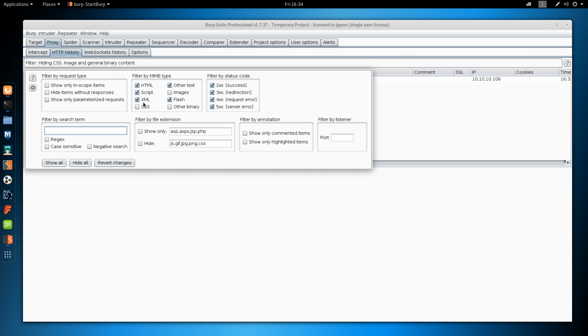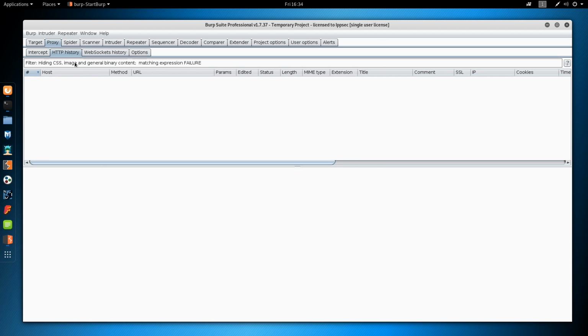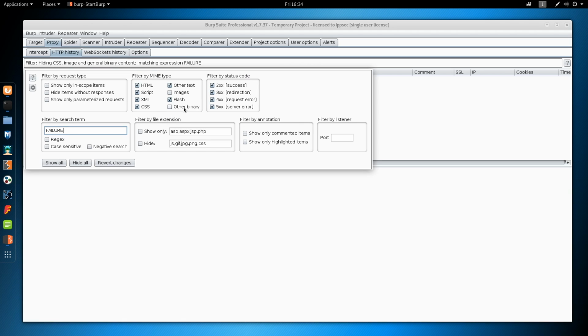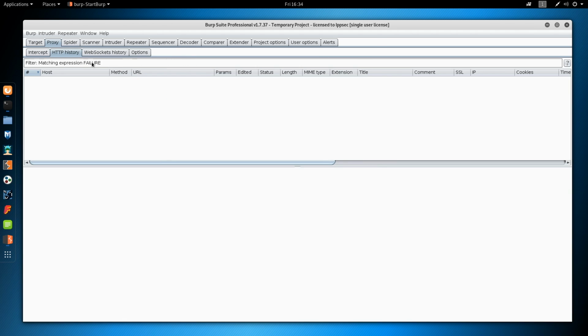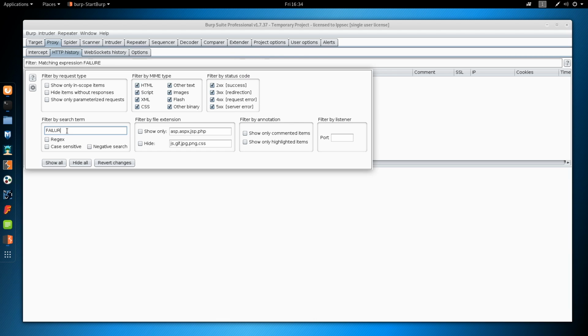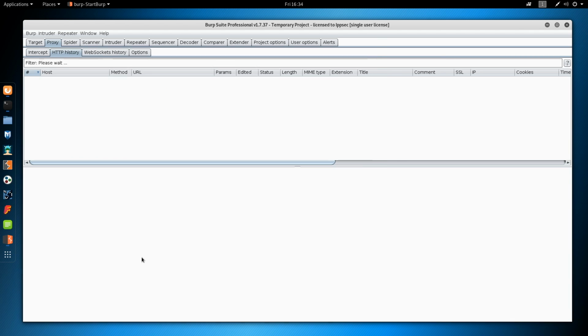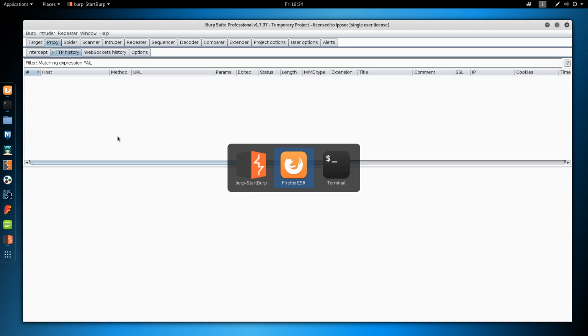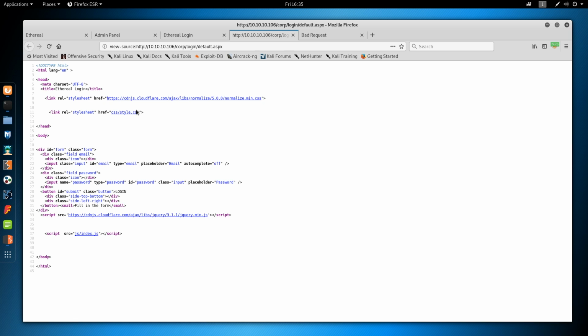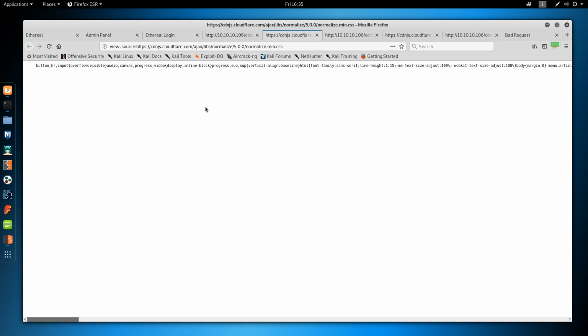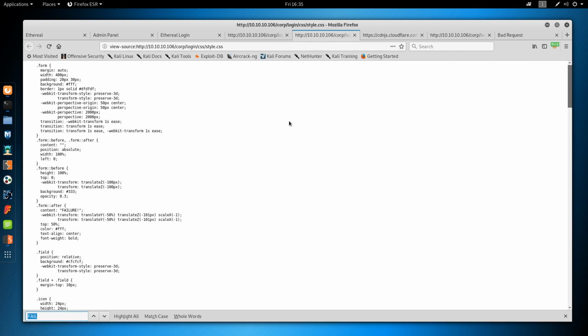Let's see. If we look at search by term failure, we don't get anything. Let's enable everything. Matching fail? Huh, I'm surprised Burp doesn't find this. Let's go over this, view the source, and open these and see if we can find it real quick. But because it's not sending anything to Burp when we try to log in, I'm guessing it's just JavaScript that